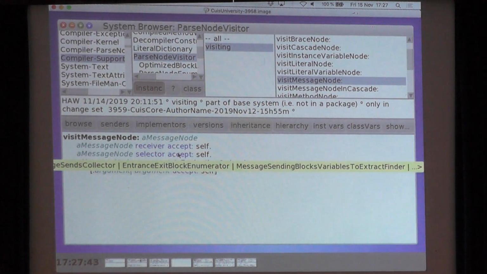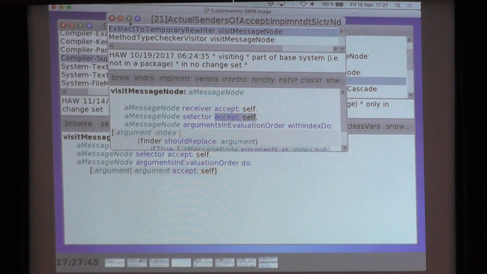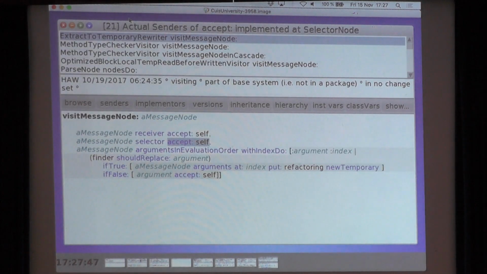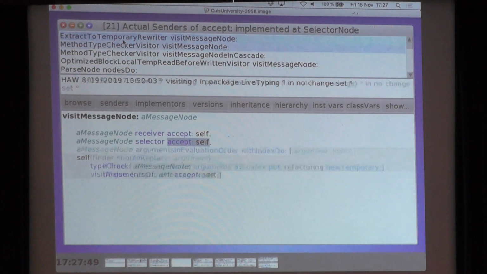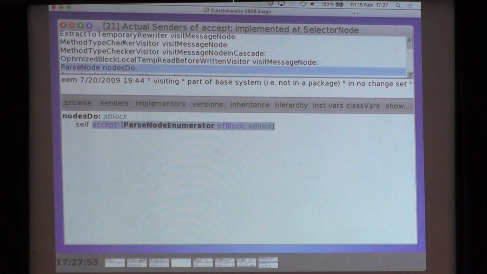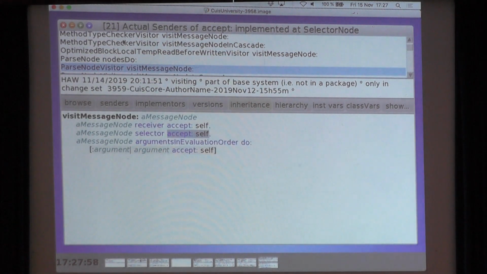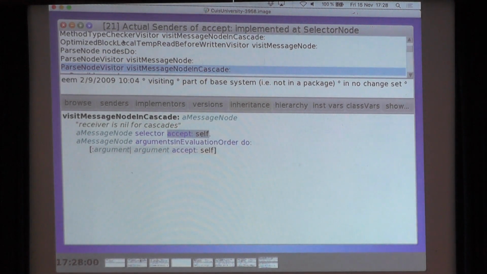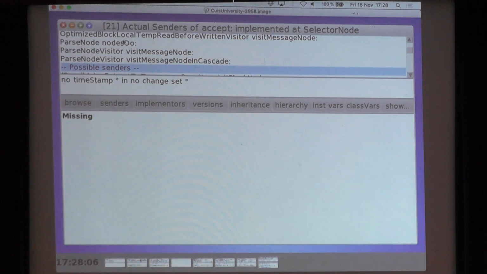But if we do actual senders, we get 21, which is better than 49, and we can see that all those accepts are sent from a visit message node, but this one, but that's okay. But then we can deduce, oh yeah, so only the accept is sent from a visit message node. And now